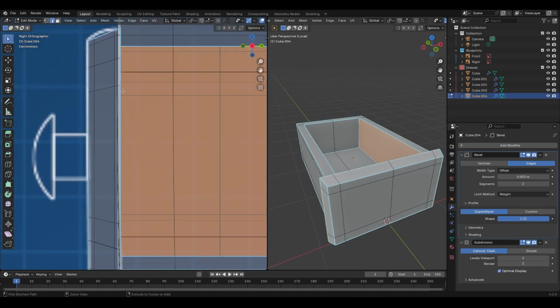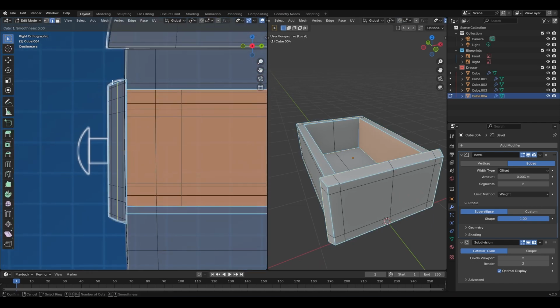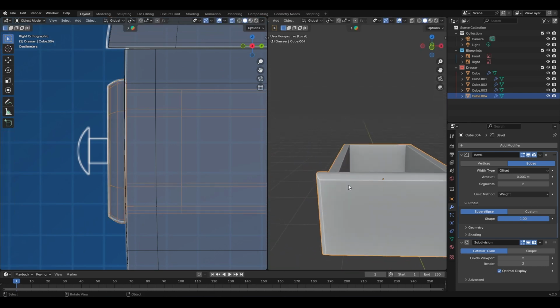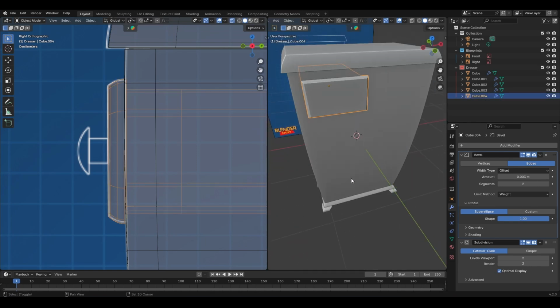Zoom in here, and add an edge loop in the middle. I'm going to increase the scale slightly without selecting any specific axis, and check in perspective view to make sure everything looks correct. Okay, now I'm going to exit local view,